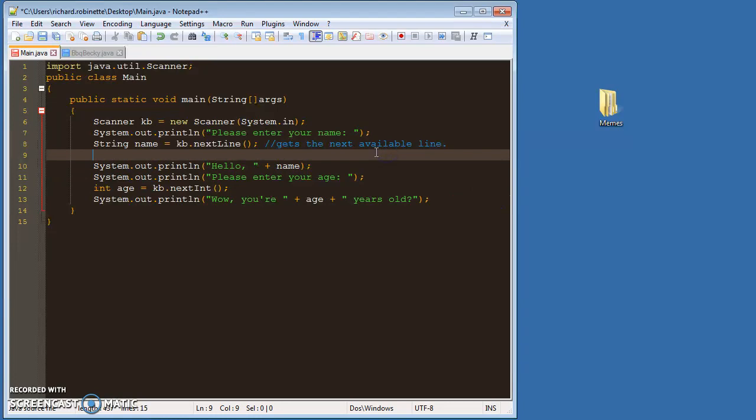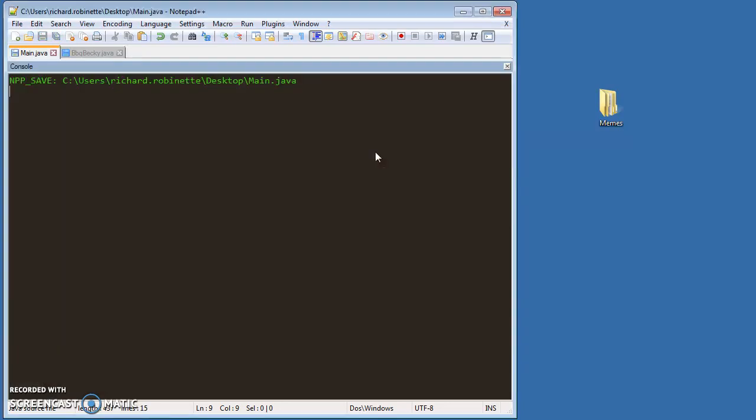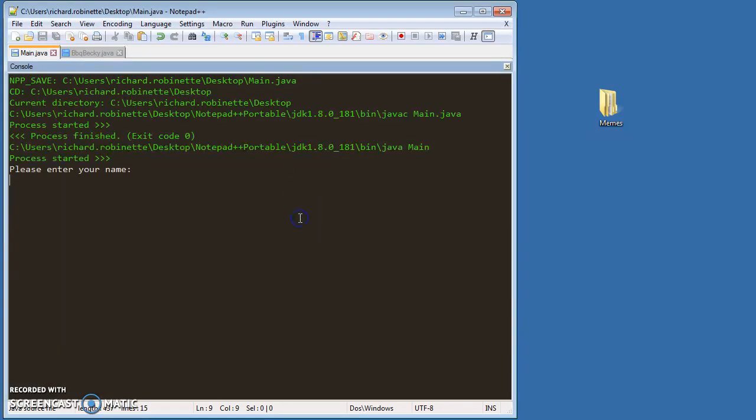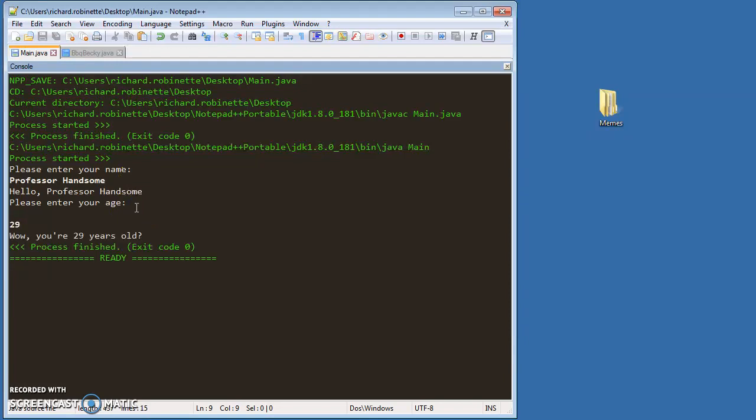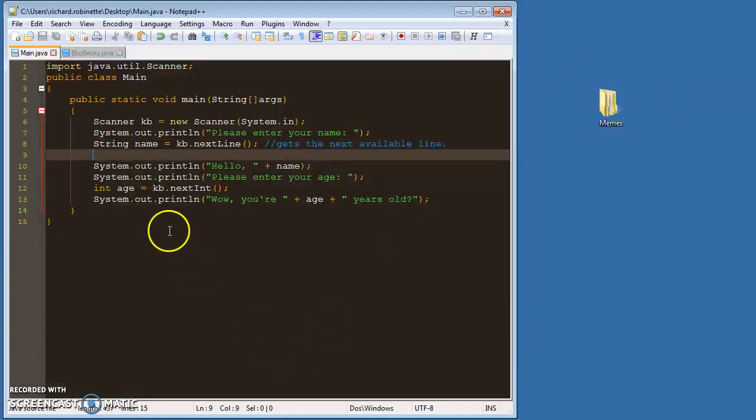And that's fine here. If I leave my program like this and I do this, and then it says, please, and everything's fine, right? Put in my age, which is 29. You guys know that's my real age. Everything works out. But